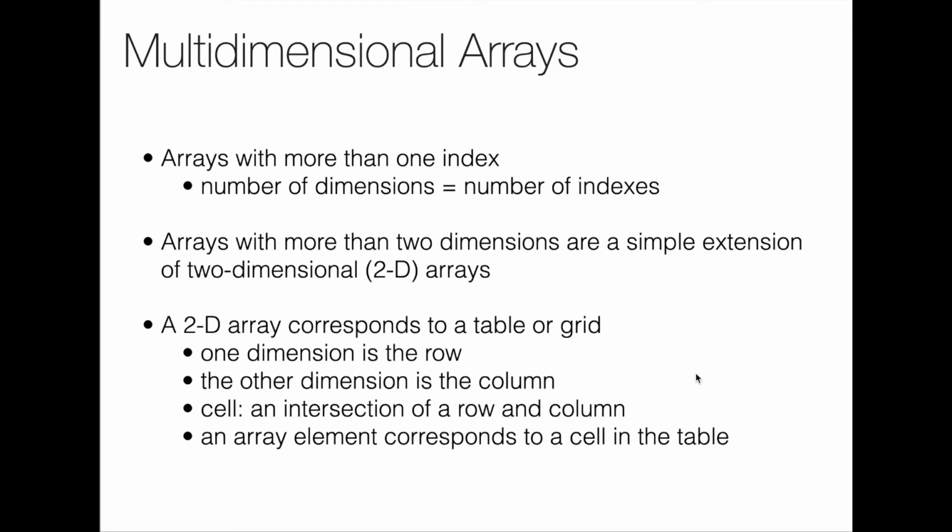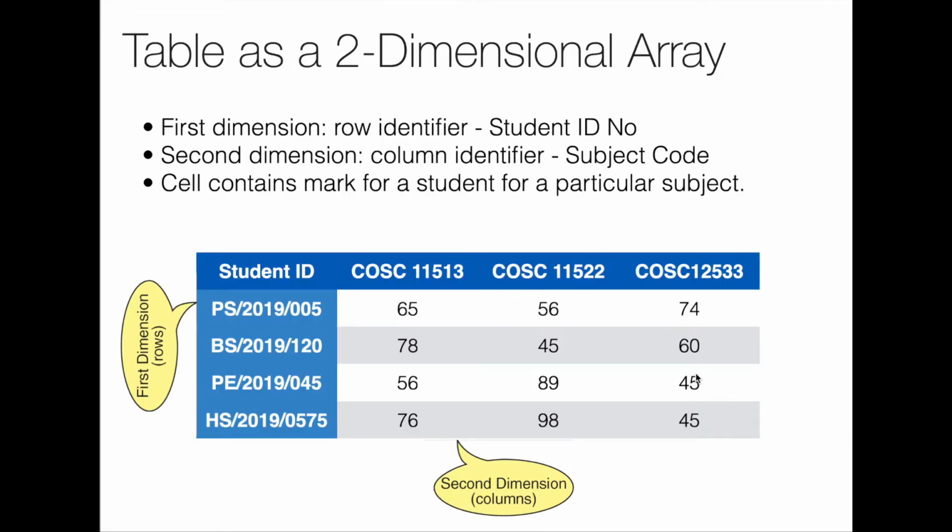In your A level you have done matrices, right? So it's kind of a matrix. In order to access an individual location in a 2D array, you have to specify two indexes. The first one specifies which row you plan to access. The second index indicates which column you need to access. Right? So let's talk about 2D arrays.